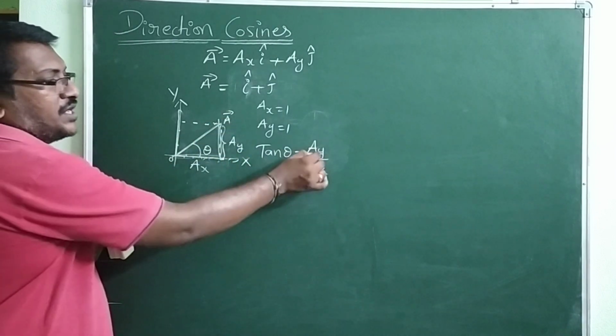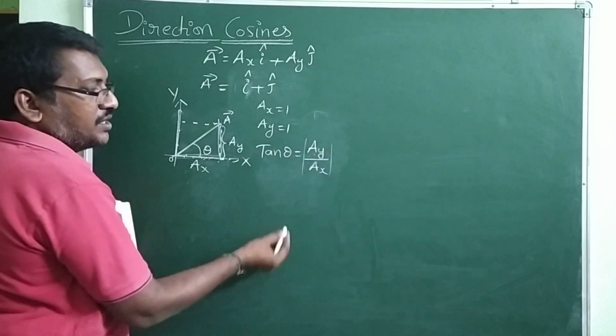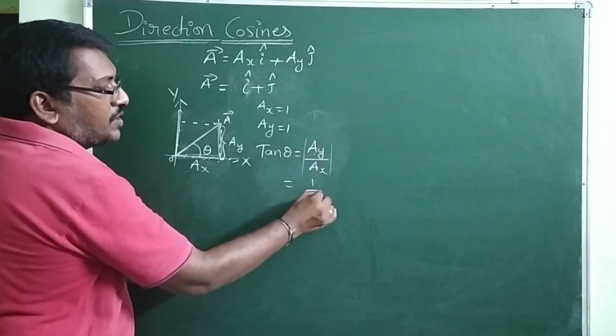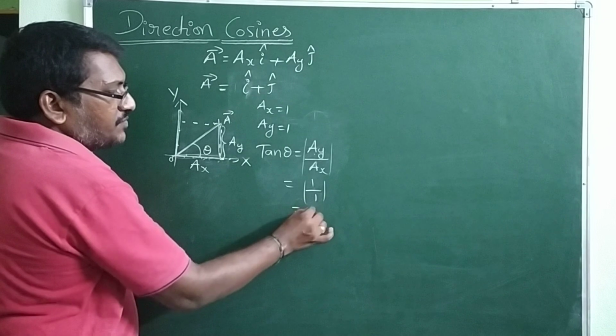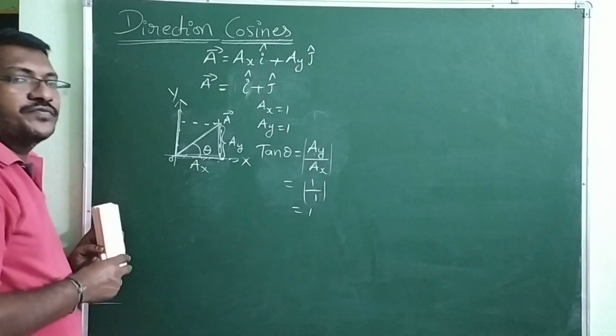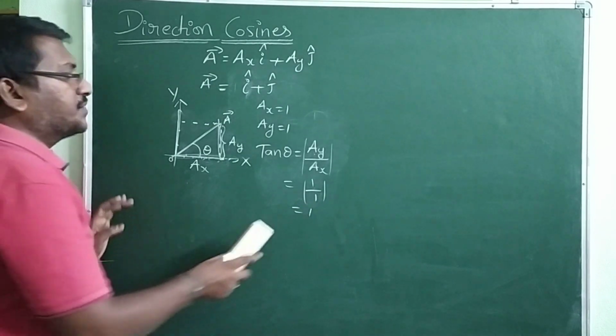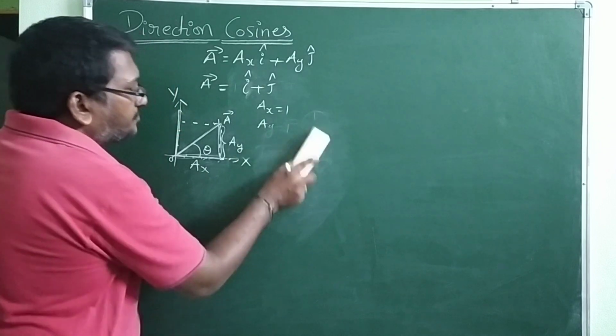So ay by x, better to take a mod. So you got here 1 by 1, 1 by 1 means 1. You got here 45. Theta equal to 45. For example, Nana,